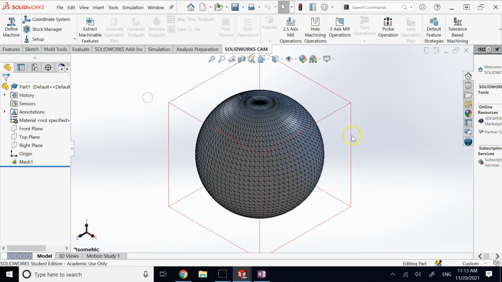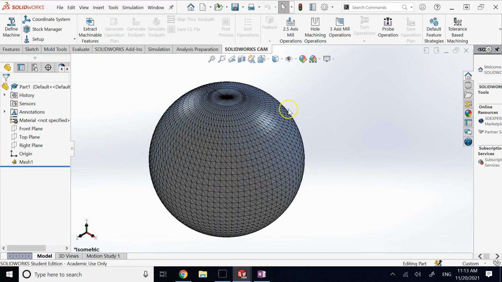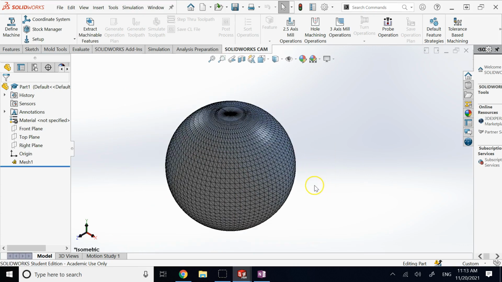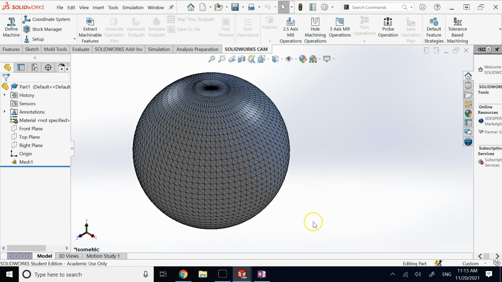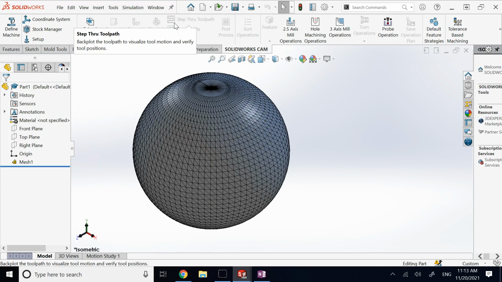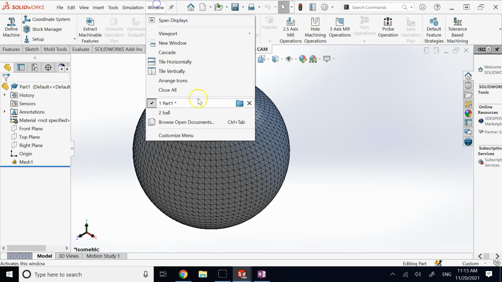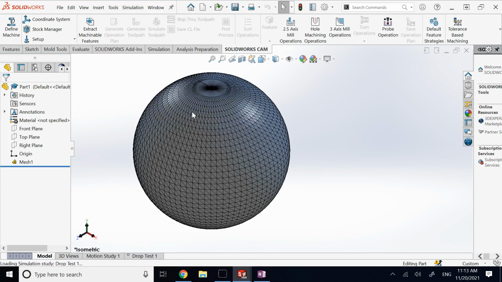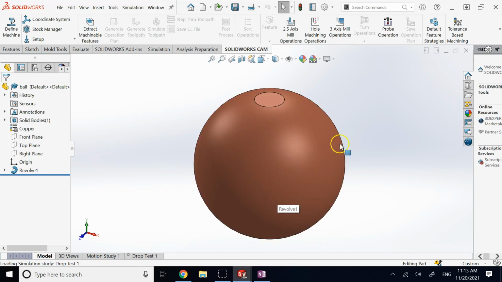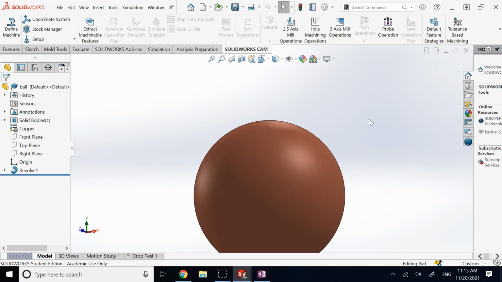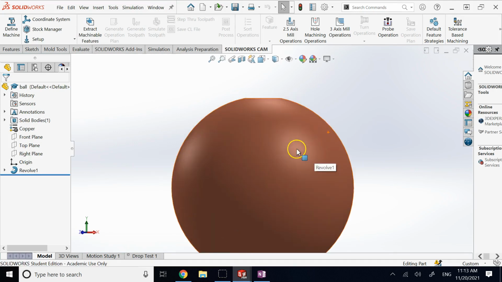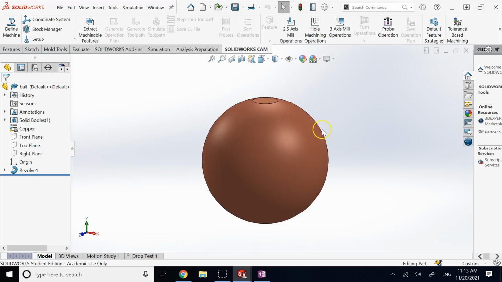So, as I said, this is not really exported from a scanner. It is really exported from a SolidWorks model, this guy. And the goal is, if I have this ball here with this small flat surface on the top that you can see,